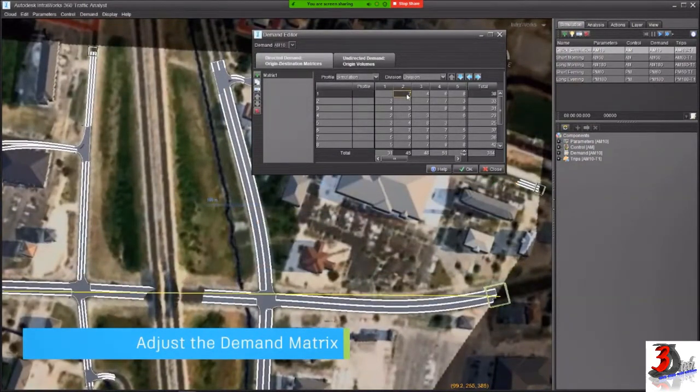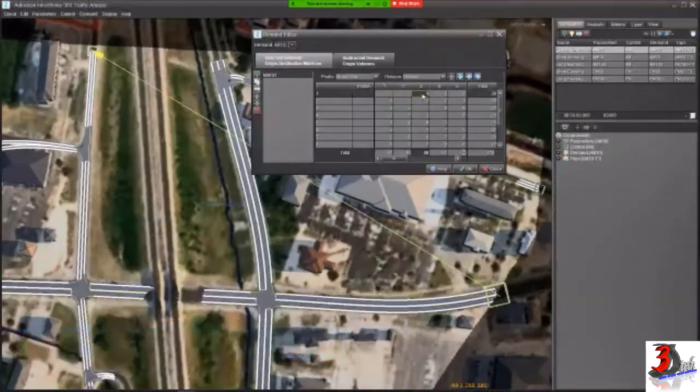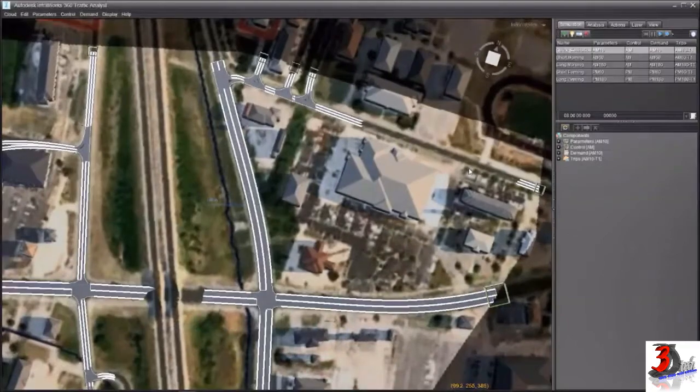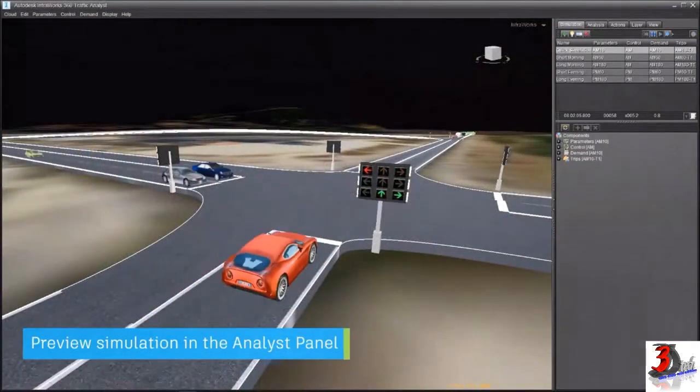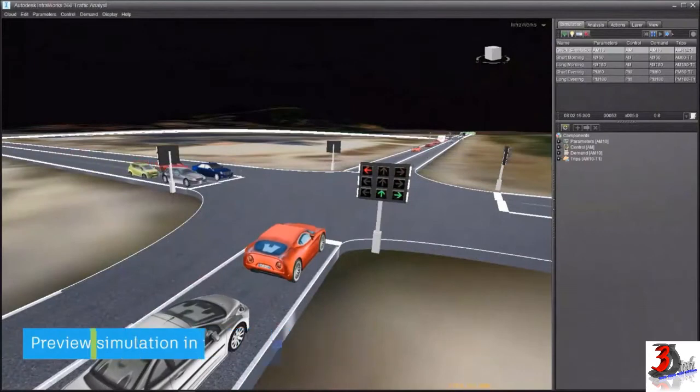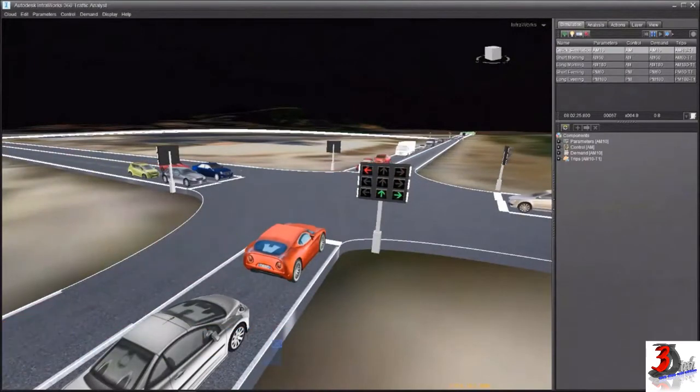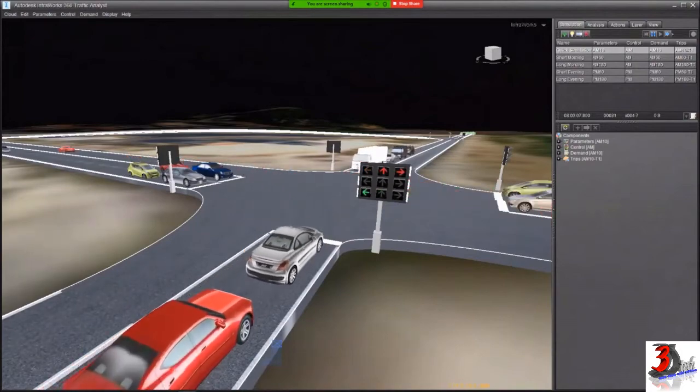Finally, we can look at the demand matrix. Here we can specify the matrix of traffic flow from one area to another in the network for the given turn. We can then preview the traffic simulation that we have developed within the traffic analysis panel. This is to check the visualization and make any adjustment or correction if necessary before moving back to the main